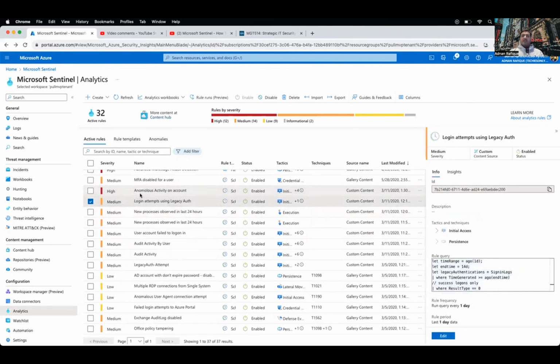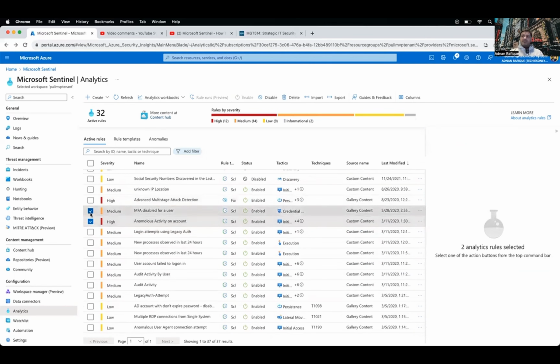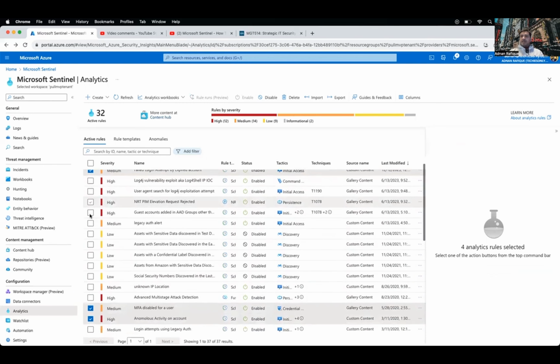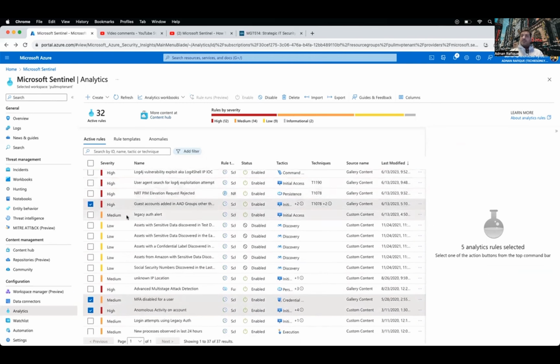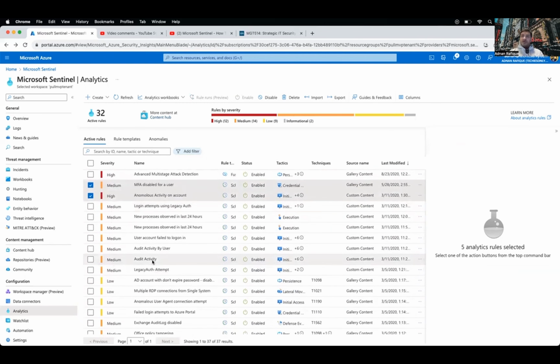Legacy login attempt with legacy auth. Again, it's applicable depending on whether you have any legacy auth or not. So far we talked about these two. New user login attempt, expired account, and guest user account, the most critical one. So 1, 2, 3, 4, 5. We have so far